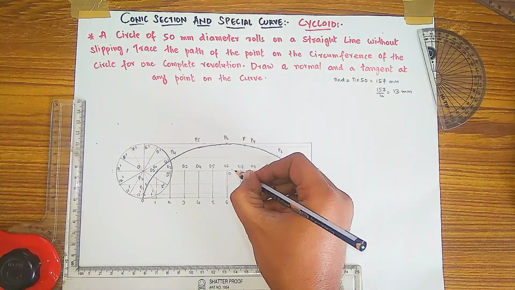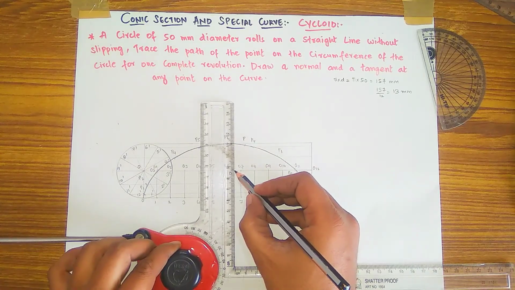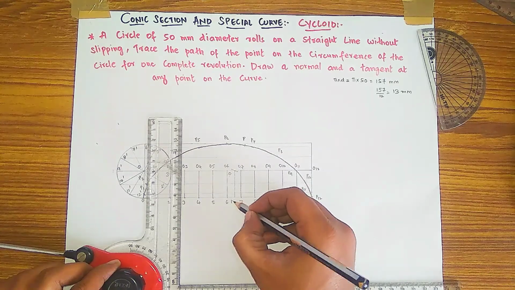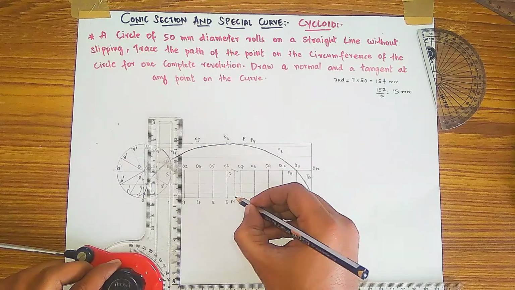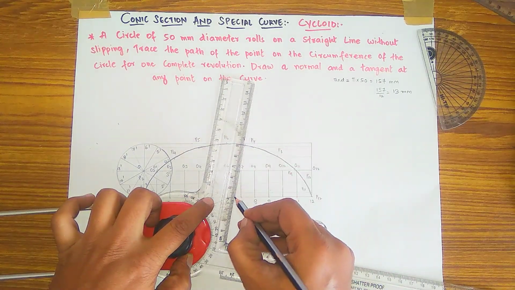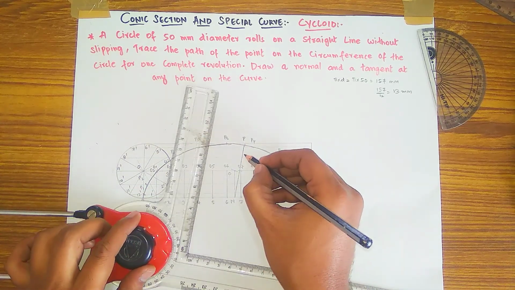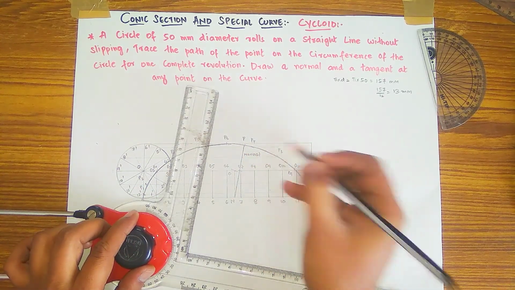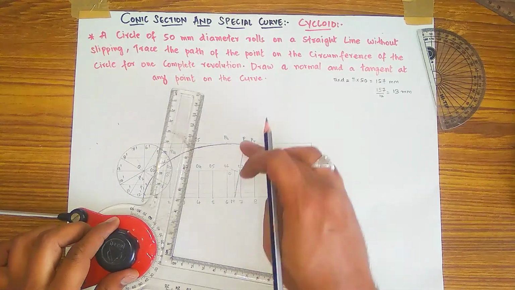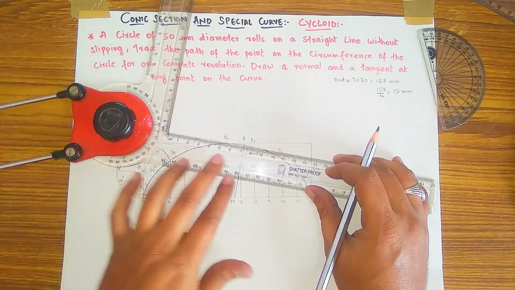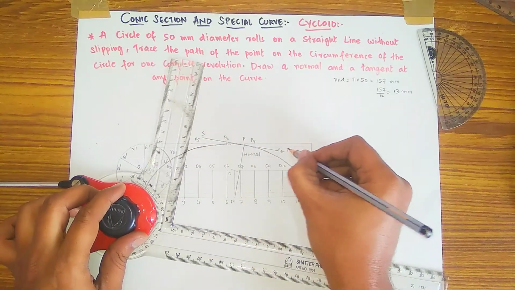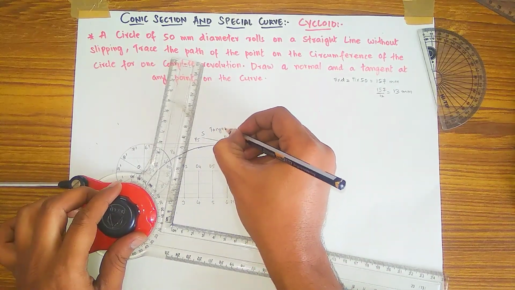Here it is meeting, and from here you have to draw a perpendicular line downwards according to this line. Then label this line as O and N, and from N to this P, your normal has been drawn. So make a line and darken it, and this line is called the normal. According to the normal there is a perpendicular line. So construct a perpendicular line from here, and this will be the tangent. Label it as S and T. ST will be your tangent.